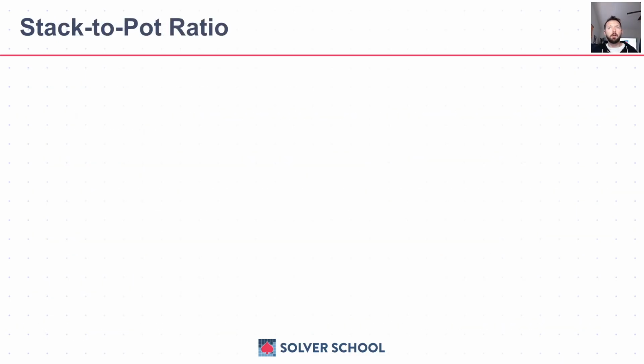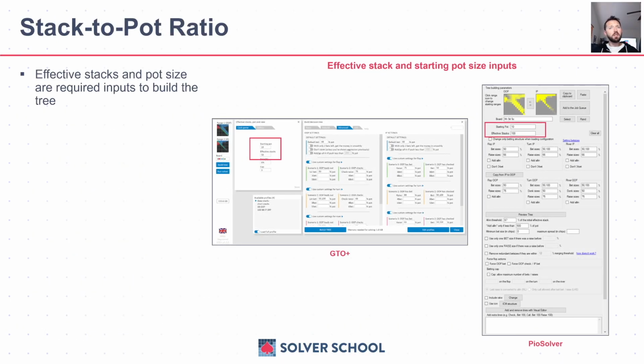So we'll start with stack to pot ratio. For each of these views, I'm going to show some screenshots of the two primary solvers that we're going to be using at the start of this course, GTO Plus and PioSolver. There's plenty of other solvers out there on the market. I will be expanding on this course in the future and continue to add different demonstrations and different videos that might be based off of additional solvers. But we'll start with just the two major ones that are on the market here in the US,